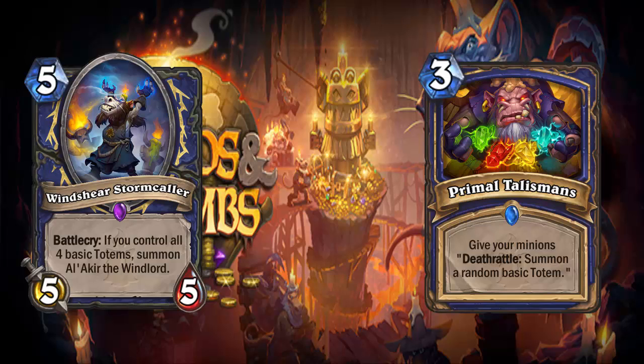Yep. Okay. Which is a 5-cost 5/5 Battlecry. If you control all 4 basic totems, you summon Alakir, the Windlord. Which everyone knows what and who Alakir is. 8-cost 3/3 Windfury, Divine Shield, Charge. Yeah, I was about to say you might as well just put it up on the screen anyway. Yeah. Just show it off. So it's just like,